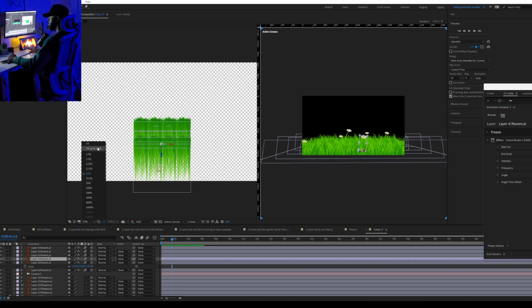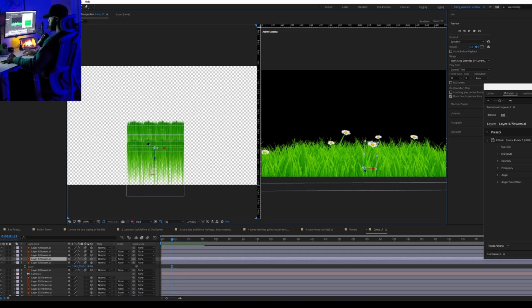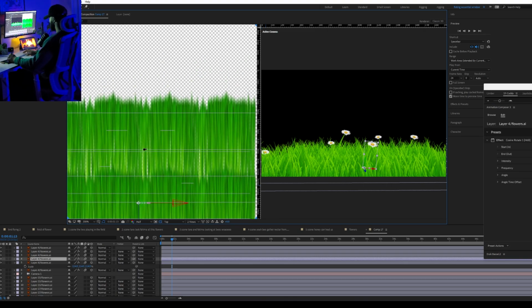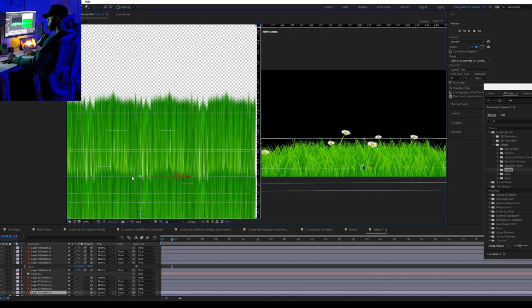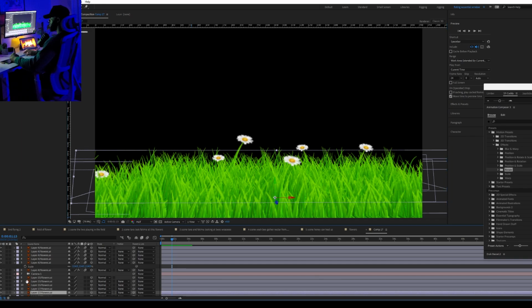I'm gonna come on top here, click one of those middle grass. Which one is this? I hope it's this one. Alright, so same thing I did with the plant. I'm going to just add like an up and down motion to this